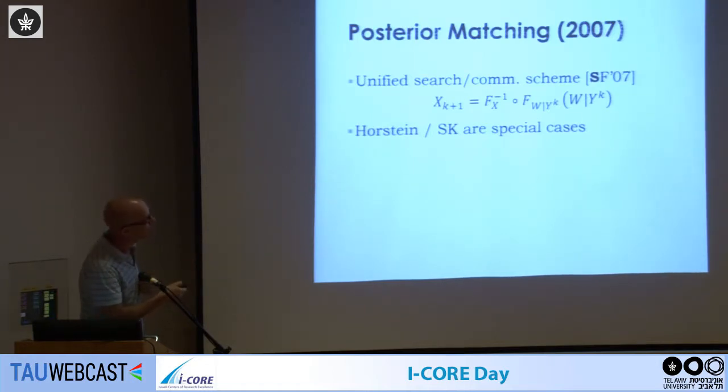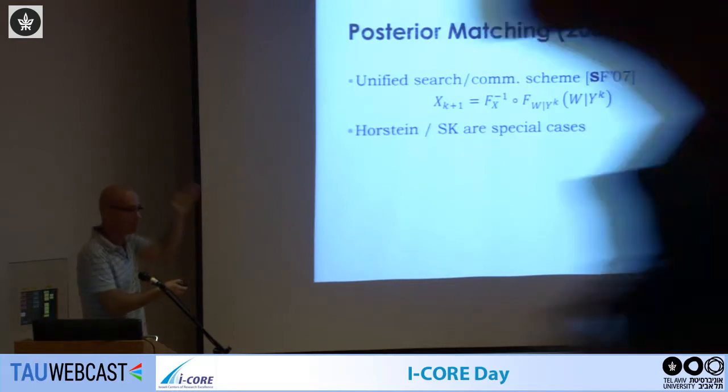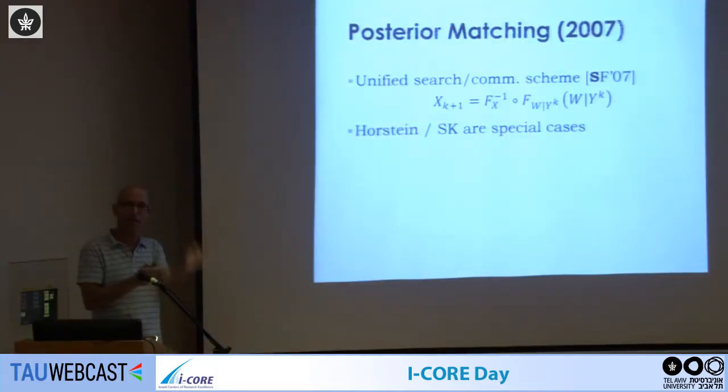What you do with this quantity, which is continuous, is match it to the channel. What does that mean? If your channel is binary, you can't send a real number through it. So for instance, if x is Bernoulli half, then this inverse CDF is just a quantizer above and below half. So basically what this says is take the posterior and send a 0 if you're below the median, 1 if you're above the median, which is exactly the Horstein scheme. But this is general. This works for any channel.